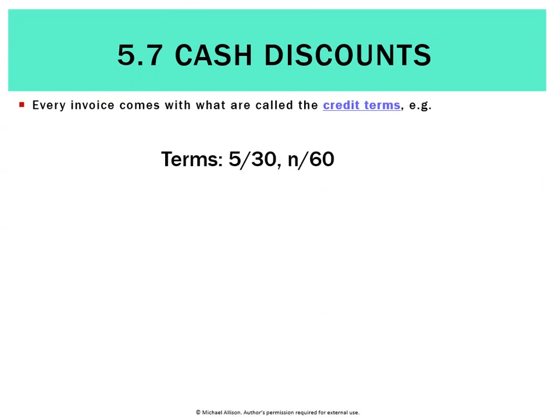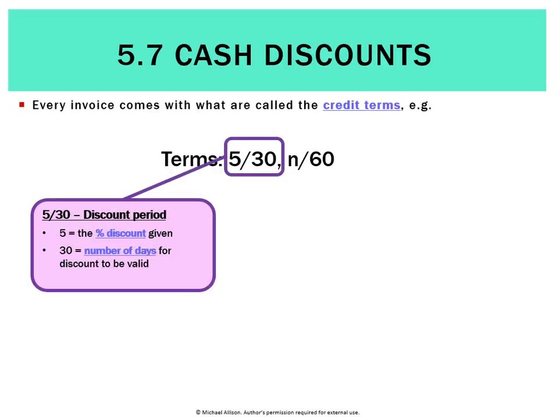What might happen is that the invoice comes with what's called credit terms. As you can see in this case, the terms are 5/30, n/60. We need to interpret these. The first two numbers represent the discount period. The first number represents the percentage discount given, and the second number represents the number of days for the